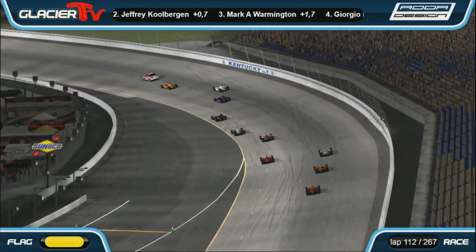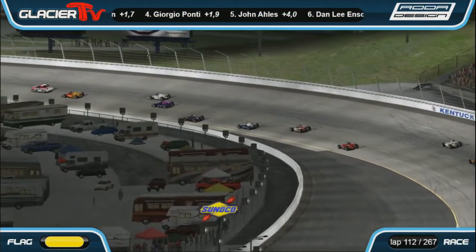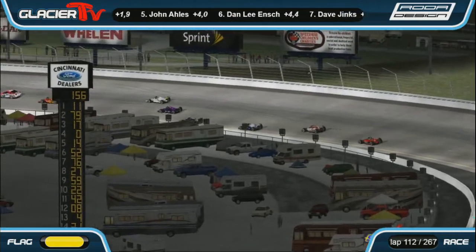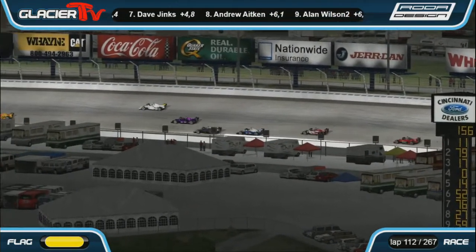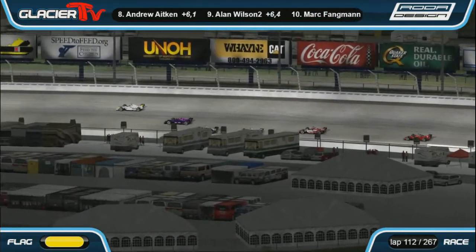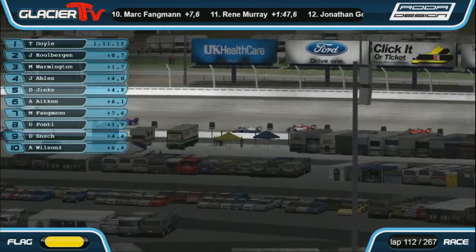So let's reset this race with 111 laps scored complete. Tim Doyle is your race leader with Jeffrey Kohlbergen in 2nd, Mark Warrington in 4th, Gronales in 5th, Danley Ent in 6th. It looks like Andrew Aiken just...